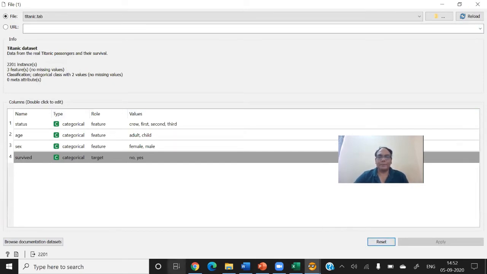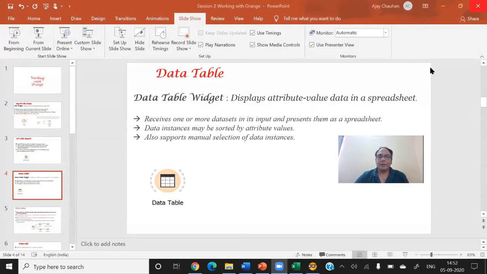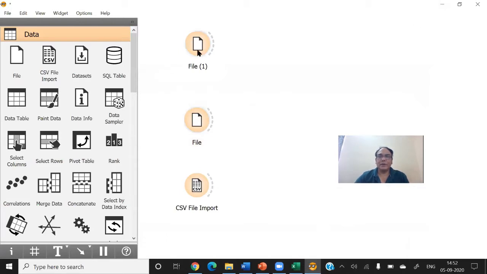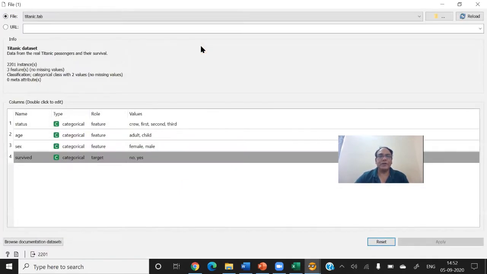So you can see there is a Titanic file, and I'm opening the Titanic file now. Okay. So I open the Titanic file. Now I'm showing you all the three data sets in Orange. So let me. I hope you can see it. If we click on it, we have the Titanic data file. So the fourth variable is my target variable. The target variable indicates whether the person survived or not survived, what is the gender of the person, age of the person, and status of the person.